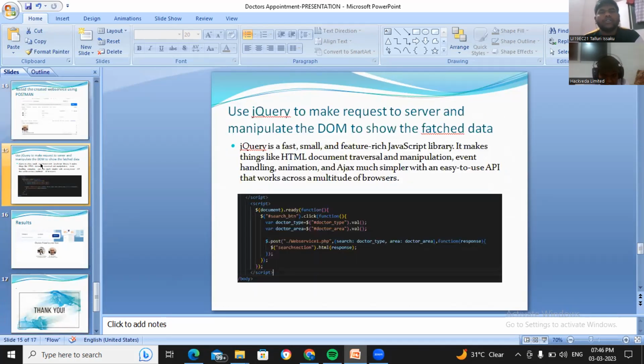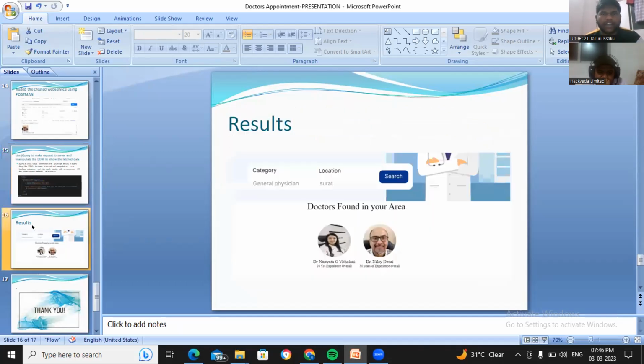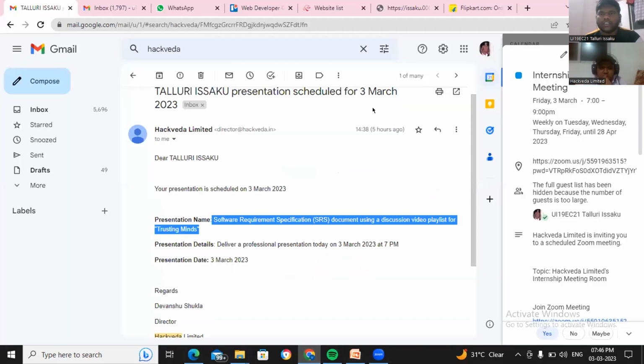After that, we have used a jQuery request to call the server and manipulate the DOM. jQuery is a fast, small, feature-rich JavaScript library. It makes things like HTML document traversal and manipulation, event handling, animation, and Ajax simpler. Here is the jQuery code and the final result of the website. I will show you a short demonstration of my website.